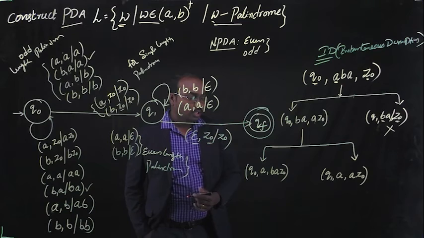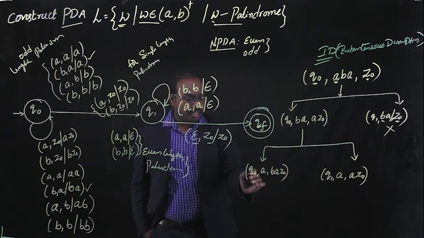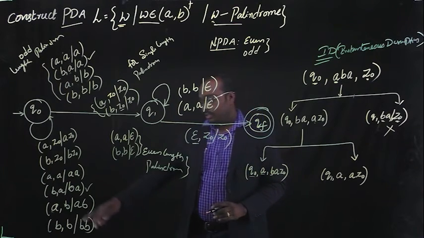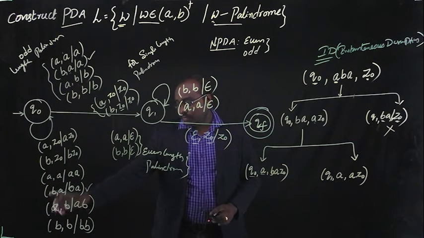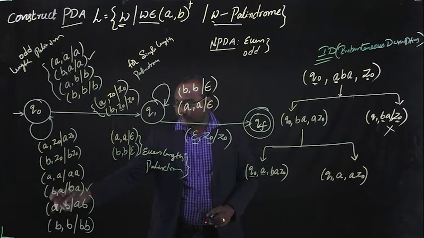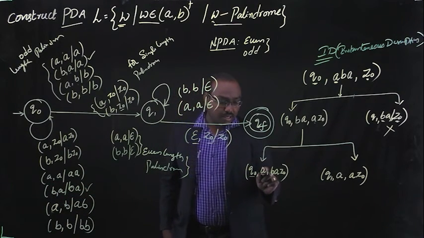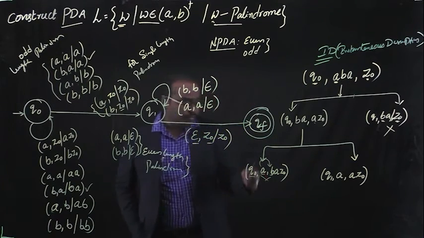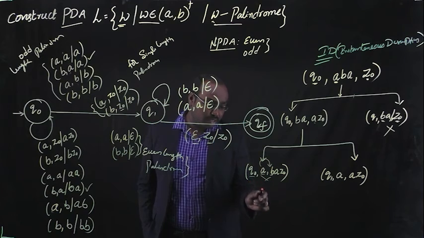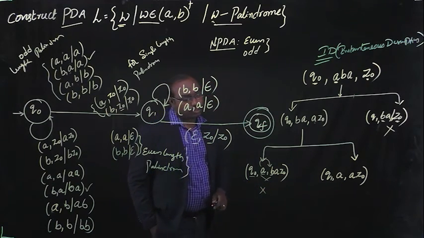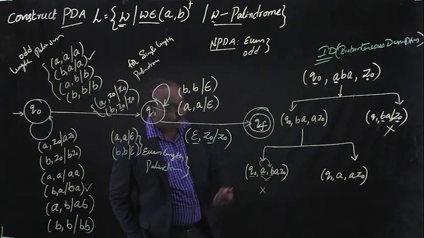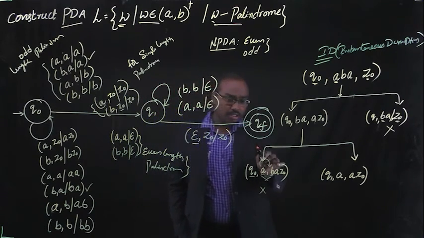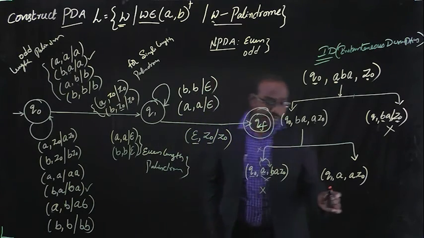On state Q0, the input symbol is A and the top of the stack is B. Then it would be inserting again, so there is no way to move further reading the next input symbols. So this branch also will not work, since there is no pop of the element from the stack. So go to the other branch.